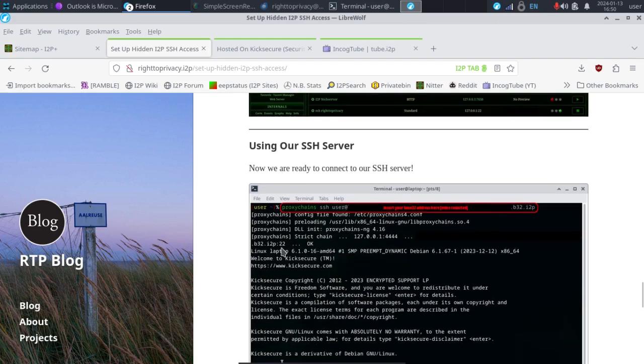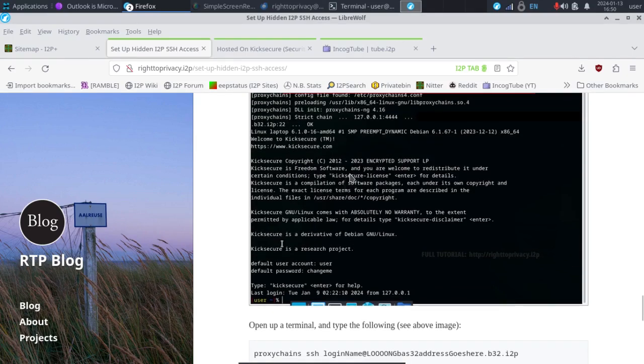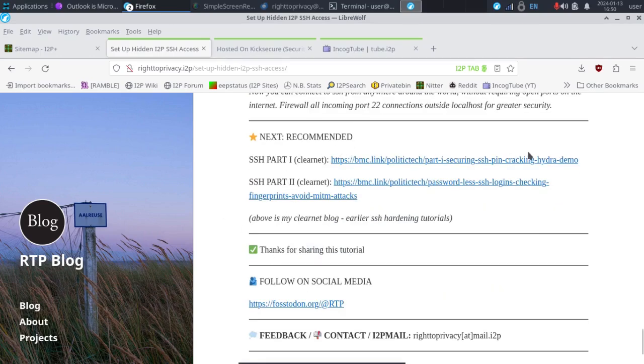And then all you have to do after that, once you have everything done, you simply write in the terminal proxychains ssh user@ and then the base 32 address. As simple as that. I've already logged in. Now, I do recommend that you should set up key authentication. So I actually linked my tutorials on further securing SSH, and I recommend you go through those,